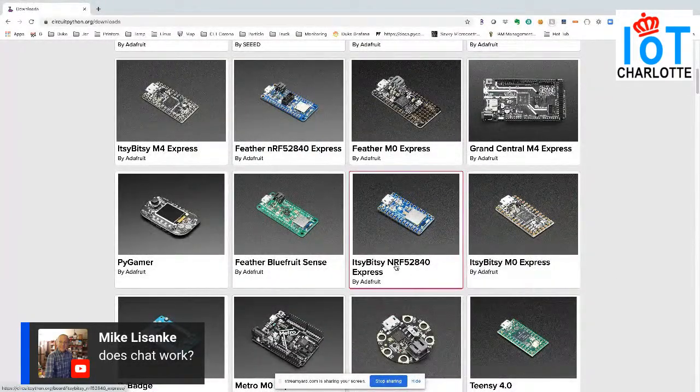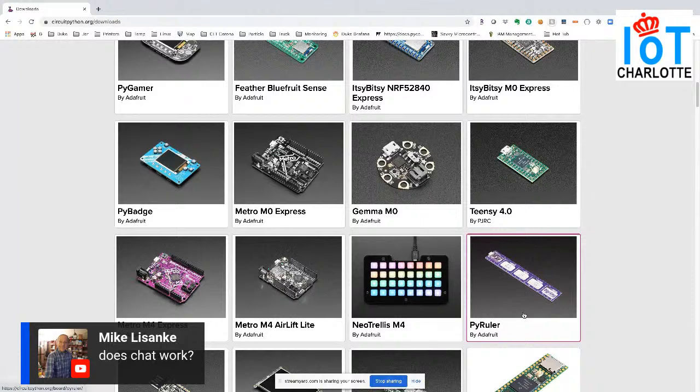So the nRF52840, which isn't a bad chip at all. And you can even reprogram a Xenon from Particle for CircuitPython, which really makes them kind of useful now.